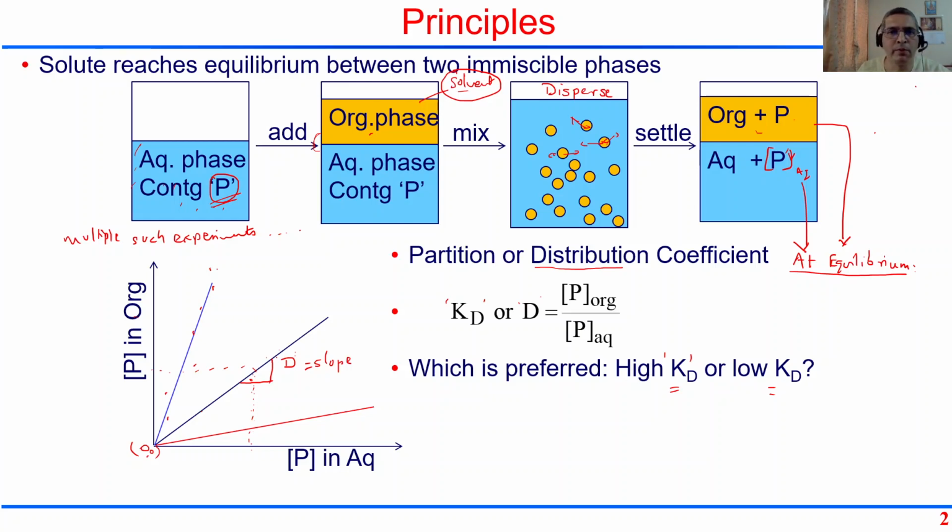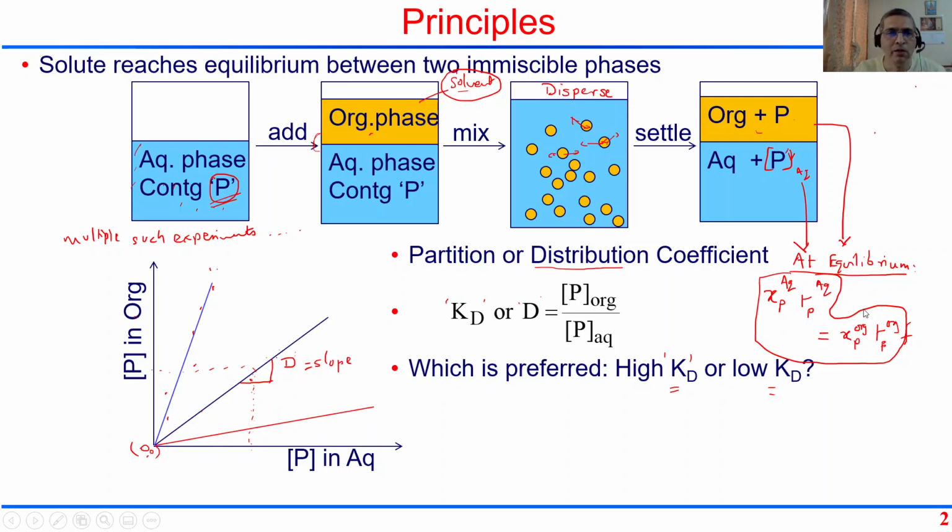So you will say that x of P in the aqueous phase, gamma of P in the aqueous phase, and fugacity of P in the pure form would be equal to x of P in the organic phase, gamma of P in the organic phase, and f of P in the pure form, right? And then the f of P in the pure form would just cancel out from both sides. So that's how you have been writing in your thermodynamics course the equilibrium of P between the two phases